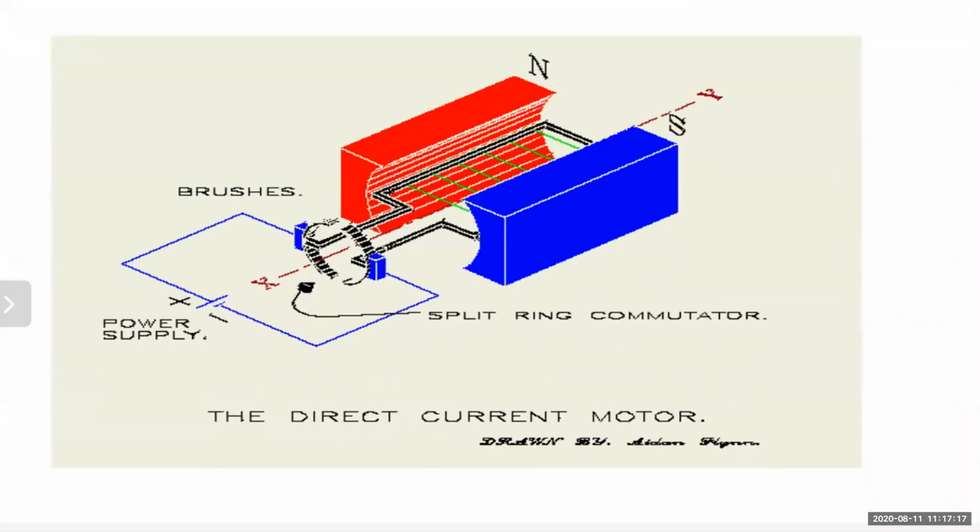You can see it very clearly. Now look here, there is a split ring. The split ring has two halves. Look at the ring: the rectangular coil is connected to the ring, which is denoted by the two halves, X and Y. This ring is a split ring, and it consists of two halves, X and Y.